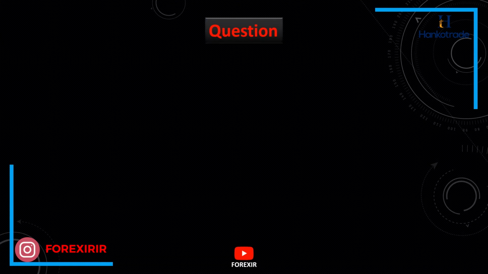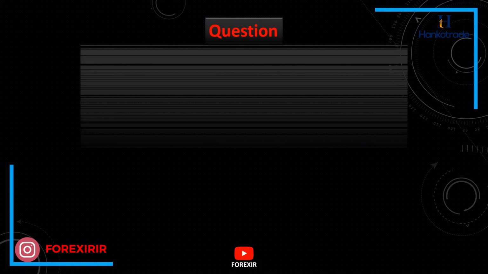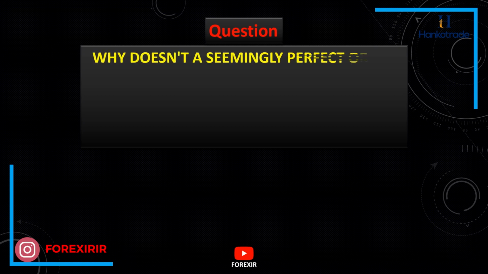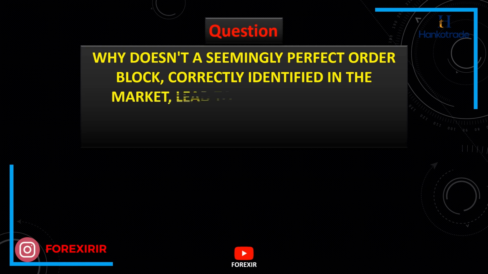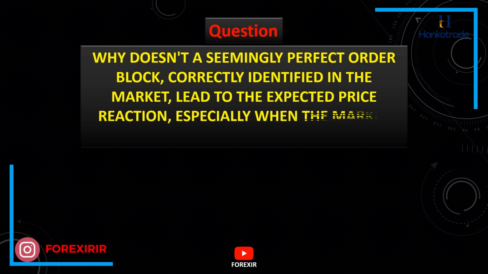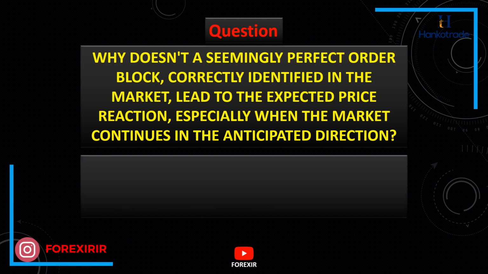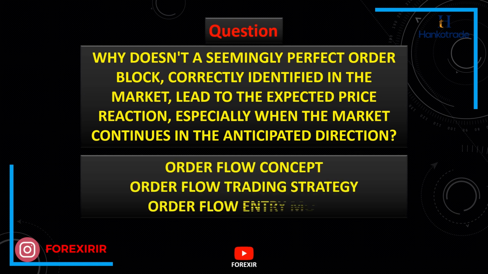Welcome back, traders. Let's dive right in. Traders often find themselves perplexed by a puzzling phenomenon. Why doesn't a seemingly perfect order block, correctly identified in the market, lead to the expected price reaction, especially when the market continues in the anticipated direction? The answer lies in comprehending order flows. While order blocks offer valuable insights, they do not guarantee price behavior. Several other factors come into play, including market sentiment, economic conditions, and supply and demand dynamics, which exert their influence